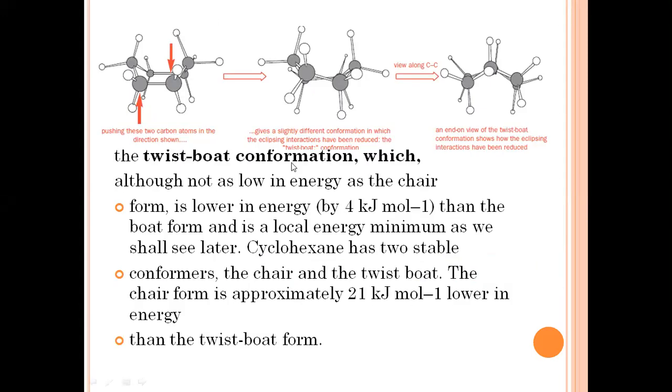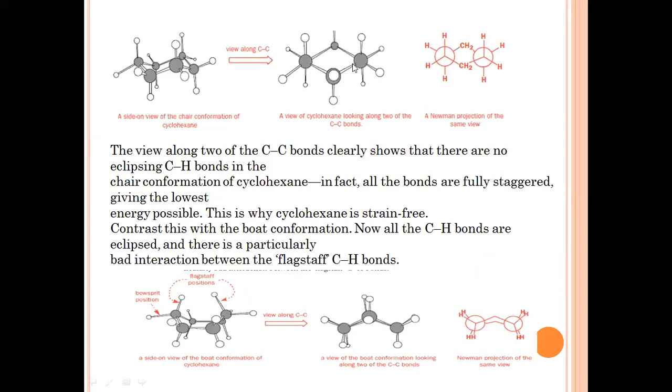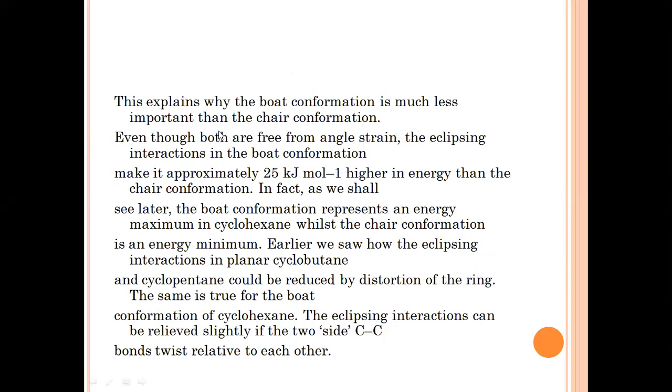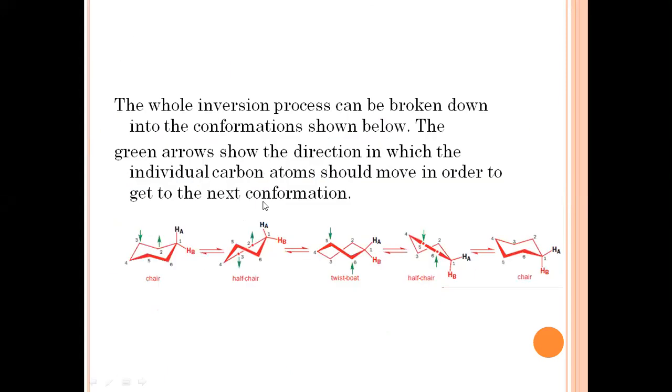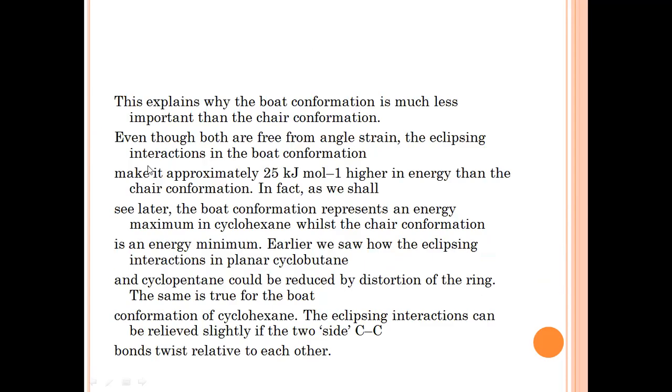So in the morning class only, we have seen the different conformations of the cyclohexane molecule. In that, we have discussed this is a view of the structure from the carbon point of view. This is the staggered conformation and this one will be the eclipsed conformation. Now, the diagram itself gives us the idea that the staggered conformation is more stable than the eclipsed conformation.